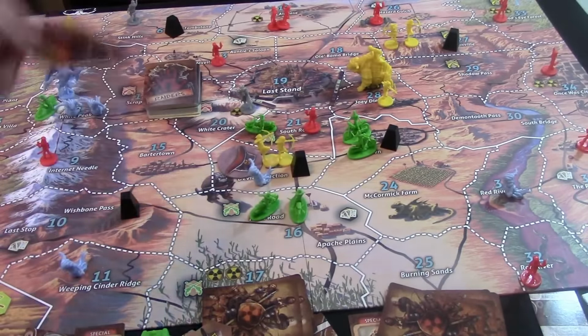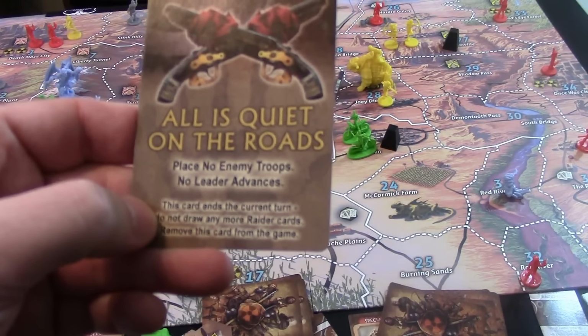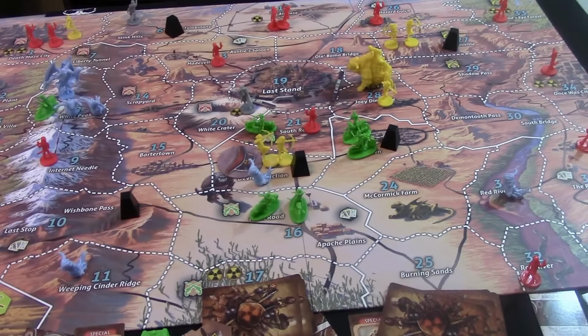Okay, now the bad stuff continues. All is quiet. Place no enemy troops, no leaders advance. This card ends the current turn. So we got no event. No good event, but we got not so bad. That was not bad at all. Alright, let's